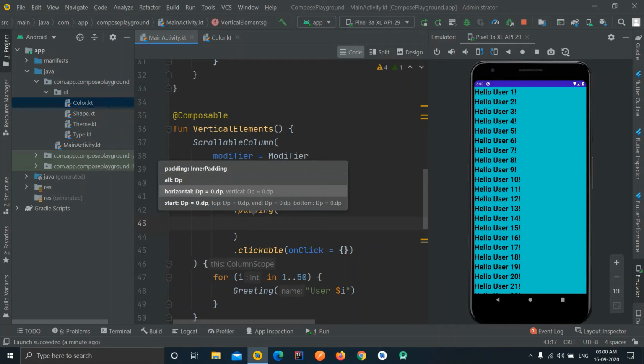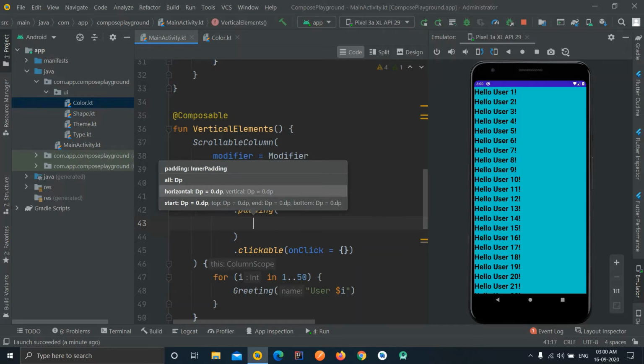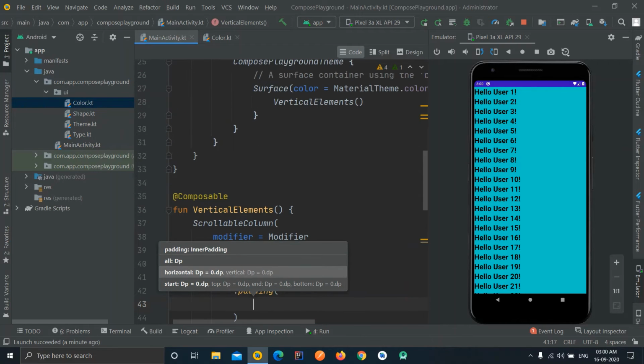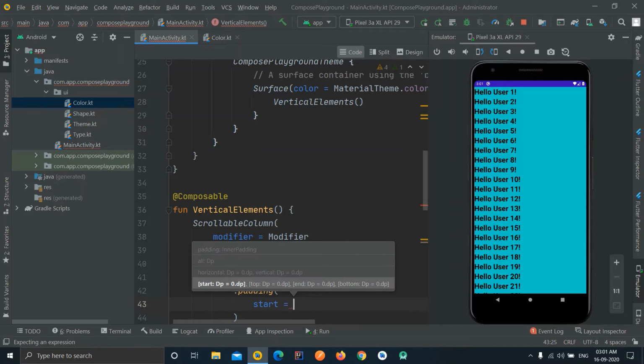If you want the same padding, or you can say the same margin, from all the sides, you can use the all attribute. Other than that, if you want padding to be just from left, right, top or bottom or any side, you can define start, like start to be 10.dp, if you want to keep distinct paddings from every side.